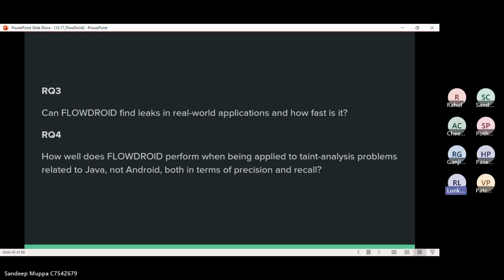Does it also work in real-time applications, and also about its speed, like how fast it is able to detect? And the fourth question was, what is its performance like when it's being applied to Java-related taint analysis problems, and not Android again, in terms of precision and recall specifically.